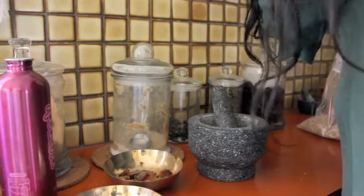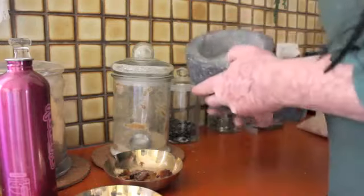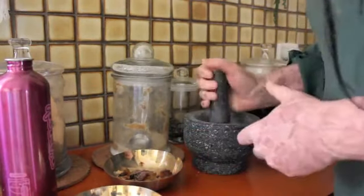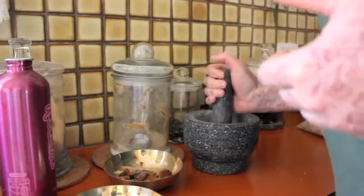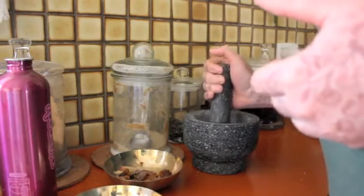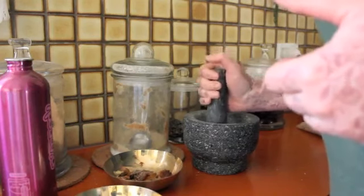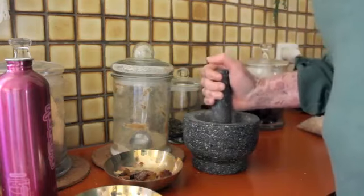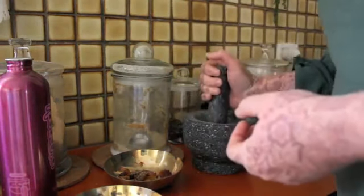just for showing you. There it is. And what I do is I don't even put pressure on this pestle. I just, sorry if that's loud, but I just gently tap, tap, tap, tap, tap, tap. And I will tap until it's to a small granule, and then